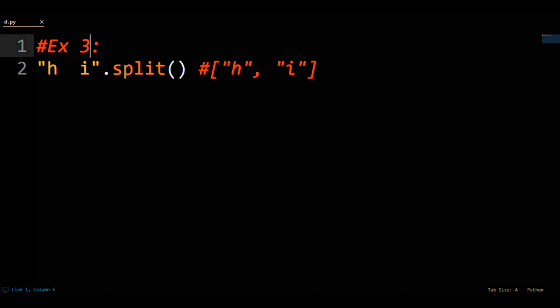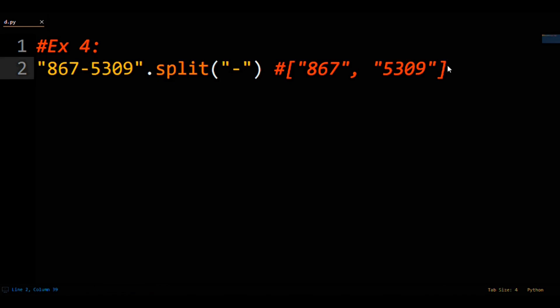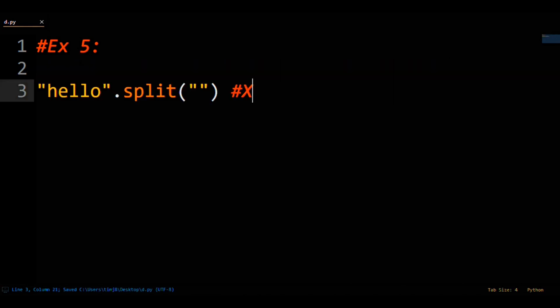If you pass one argument to split, you can split on a specific character. For instance, if you had Jenny's number, 867-5309, and then split it on the dash character, you would get a list containing the string 867, then the string 5309. If you're wondering, you can't do something like hello and then split on the empty string and split hello into all of its characters. You could just pass some string like hello into the list constructor to achieve that goal though.